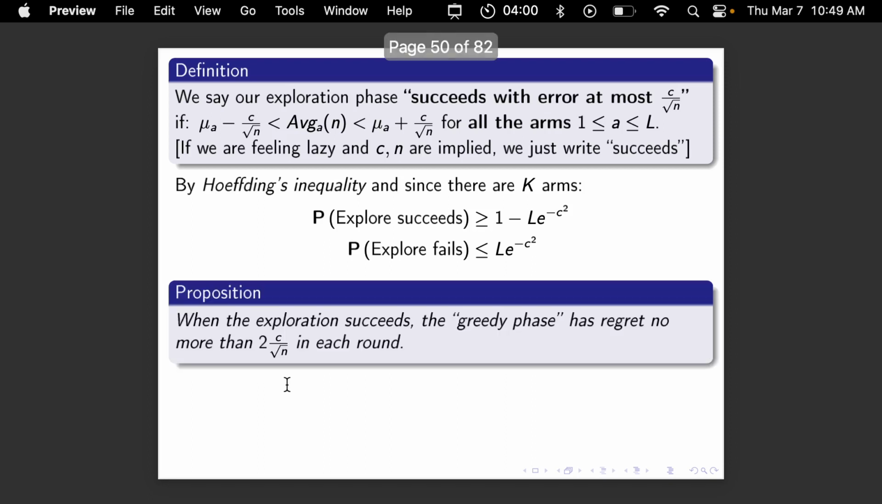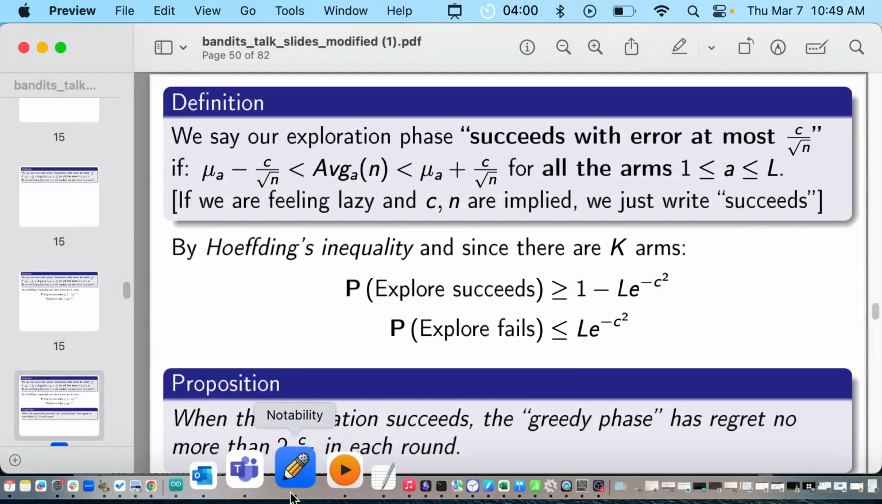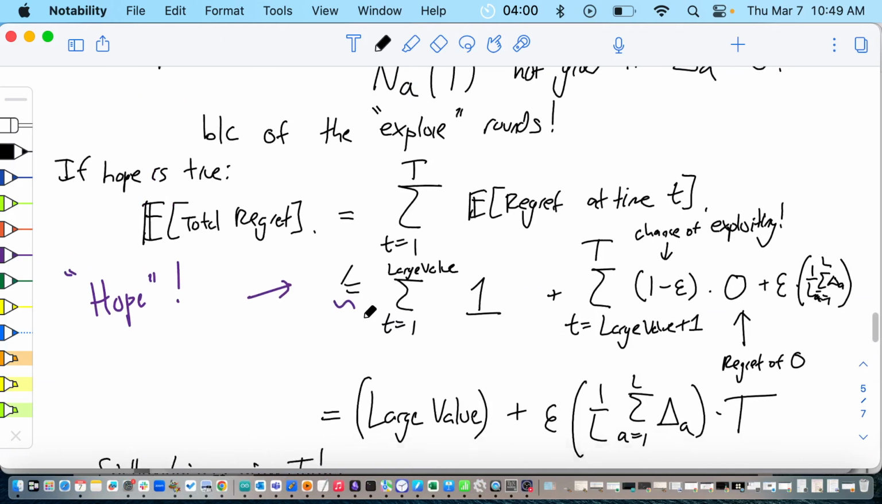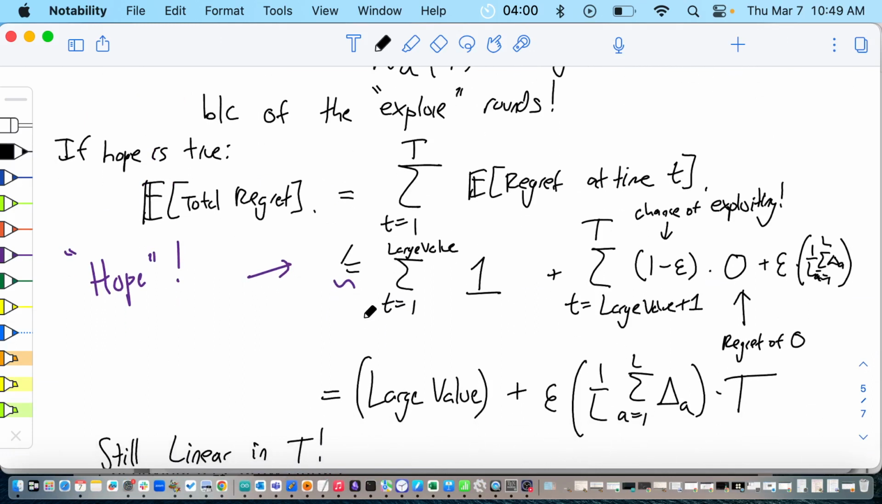So now here is the whole shebang. Why are we doing this? Why do we care that our exploration succeeds or fails? Here is the proposition. If we succeeded, then when we go to exploit, we achieve low regret. I don't know if you remember when I was doing this very simple hand-wavy approximation, I said a regret of 0, and I was like, we hope that we've explored enough that we get a regret of 0 once we start exploiting. What we're doing in the slides is making this precise. It's not 0. We cannot get a regret of 0, but I can make sure the regret is at most